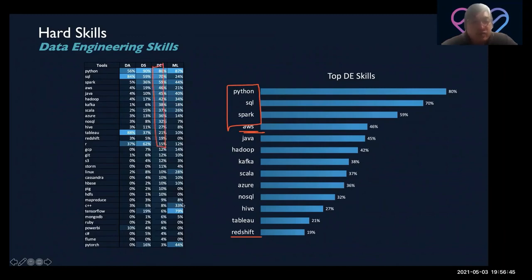But as you can see, for machine learning engineer jobs on the right, you'll find TensorFlow and PyTorch, but Python is also really important. SQL is not that important for ML engineers. And for data analytics, it looks like Tableau is really important. But recently, for some reason, there are so many jobs requiring Power BI, and it's surging in popularity. Definitely something you want to look into. Yeah, so these are